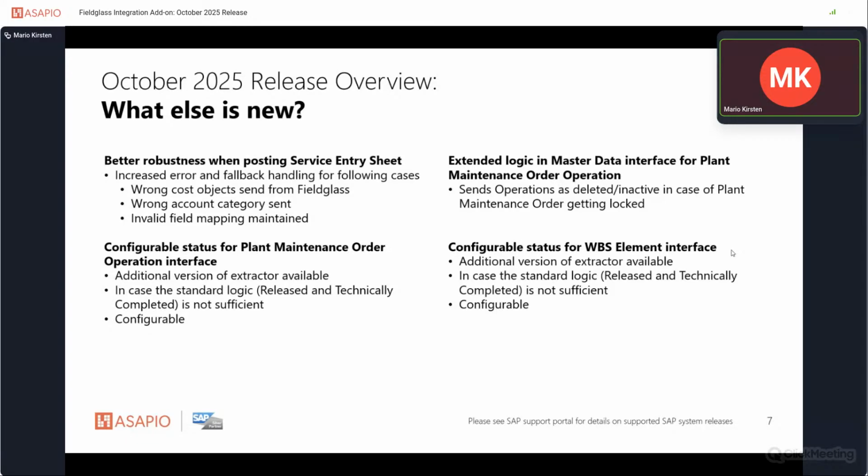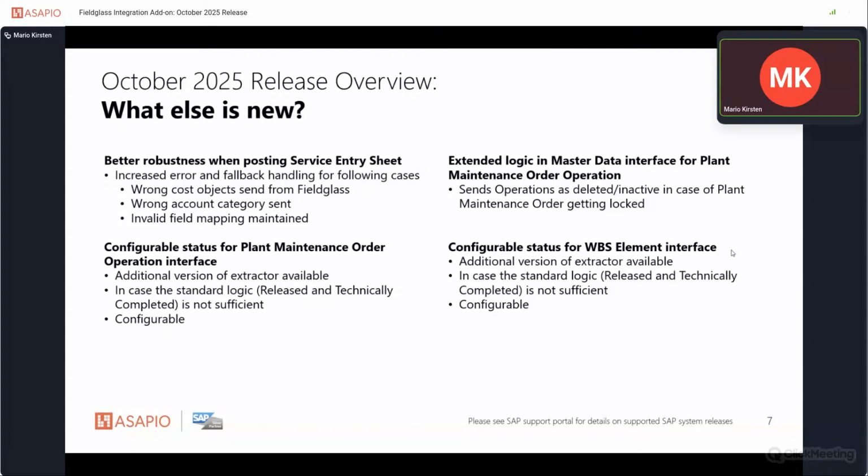We identified from time to time some problems with the service entry sheet that could result from a wrong cost object being selected by the end user in Fieldglass and sent to the ERP system, or a wrong account category chosen by the end user in Fieldglass, or somebody changed or adjusted the field mapping in the add-on